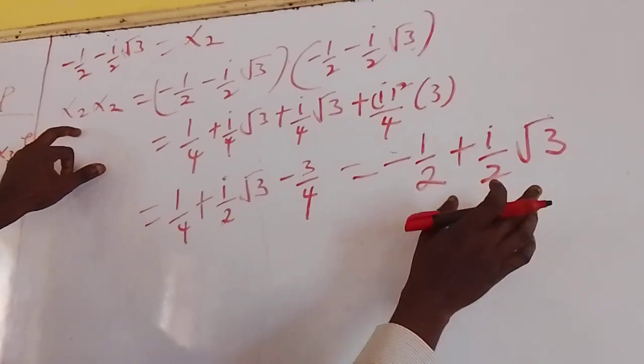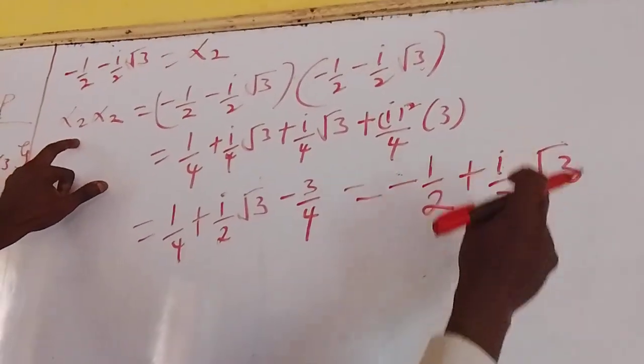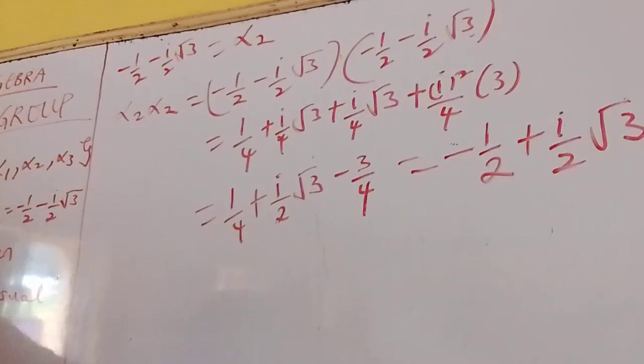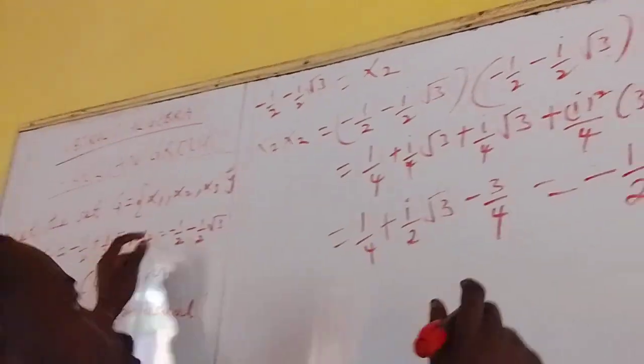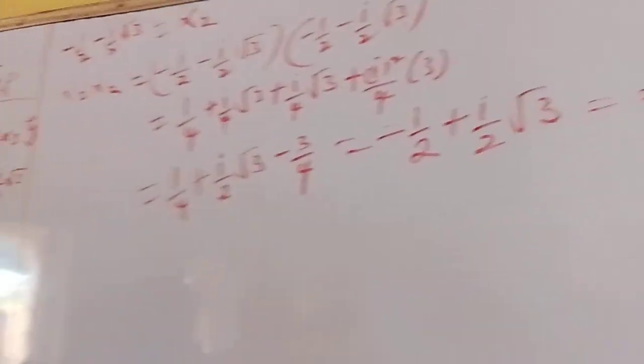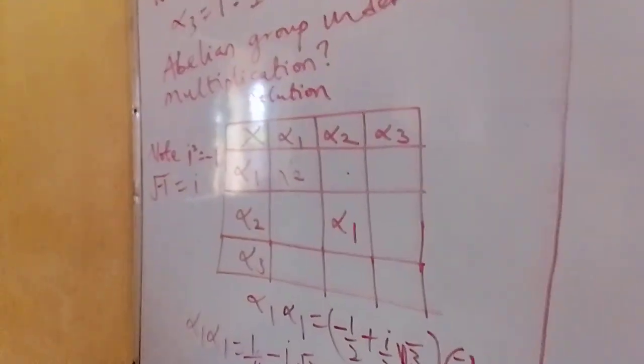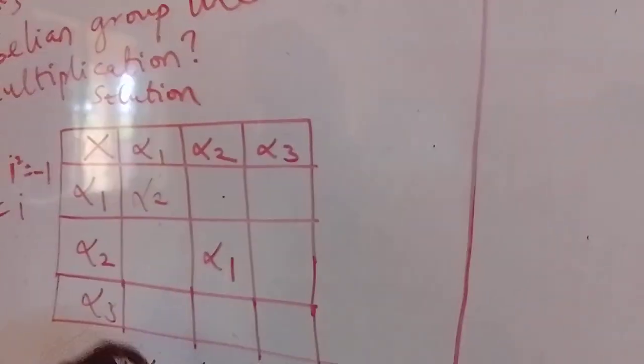So alpha 2 gives this result, which is minus 1 over 2 plus i over 2 root 3. So the result here is alpha 1. So alpha 2 multiplied by alpha 2 is alpha 1. Then the last one, alpha 3